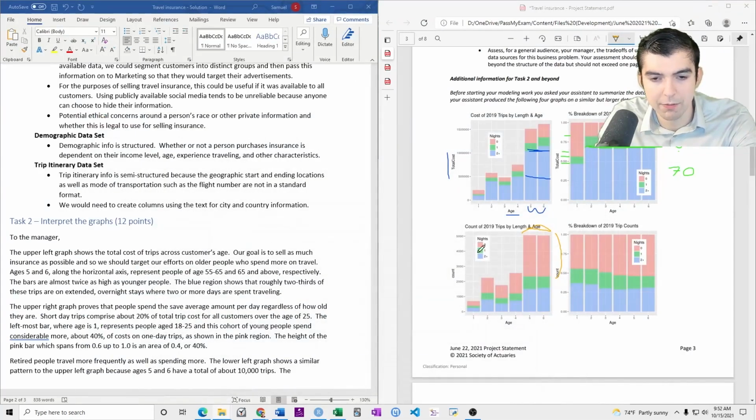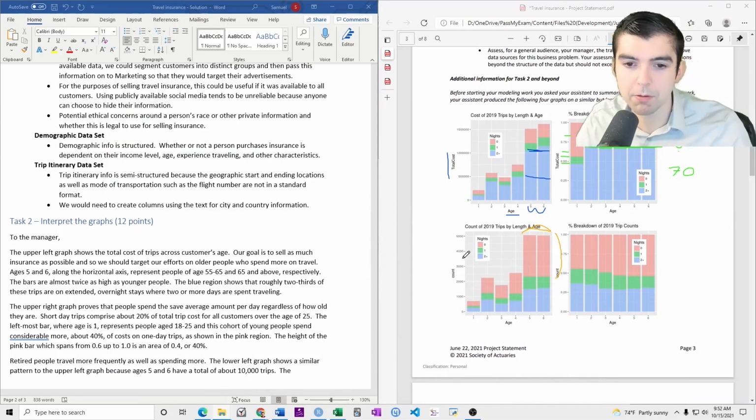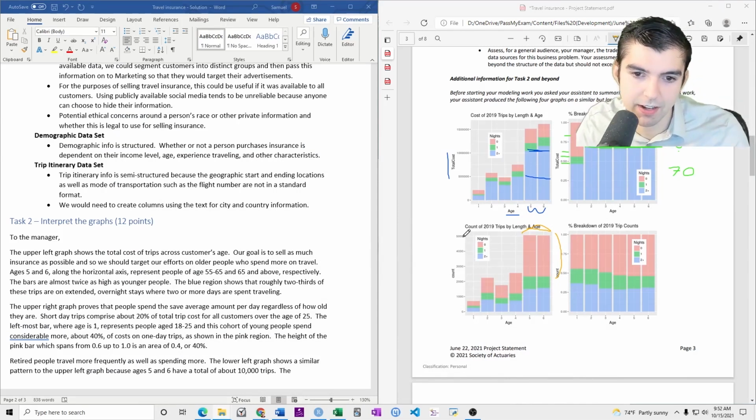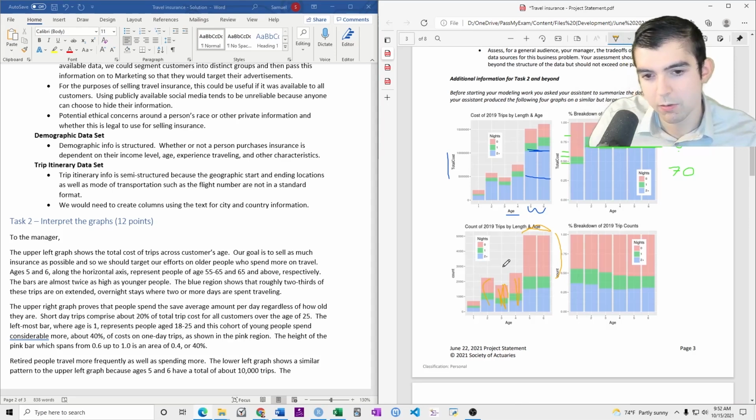So this graph seems to be counting more people, right? Because this is a height of 5,000. So 5, 10. Then if you stack this graph on top of this graph, you might get another 5. So overall, it looks like it's 5, 10, 15, maybe 20 or 17,000.